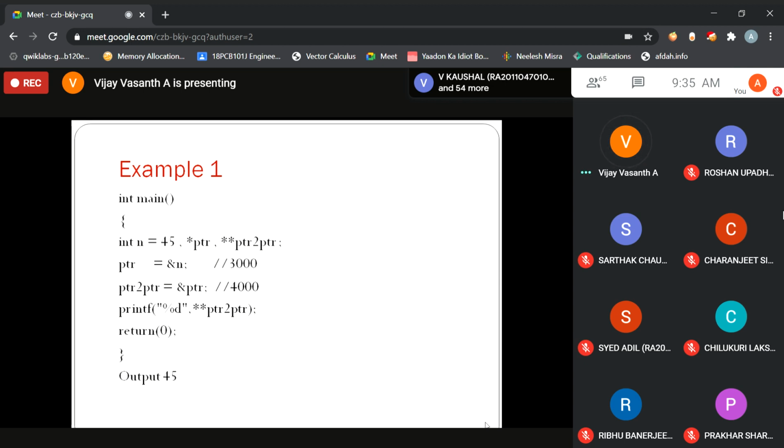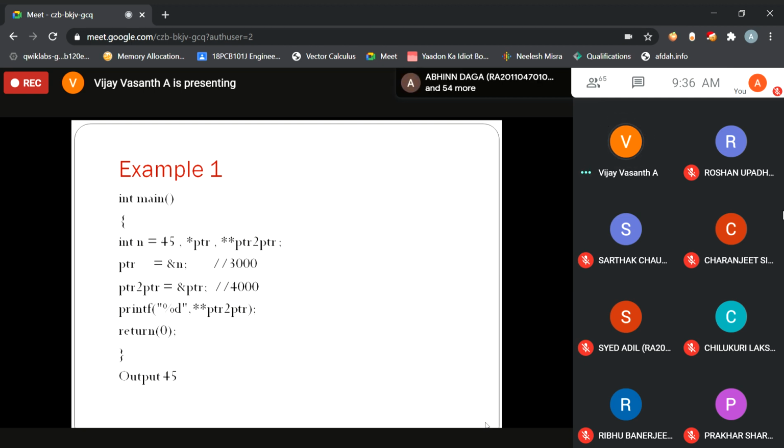Now, what is stored in n? 45. Very good. So 45 is stored in n. Now we will see how this double pointer is working.